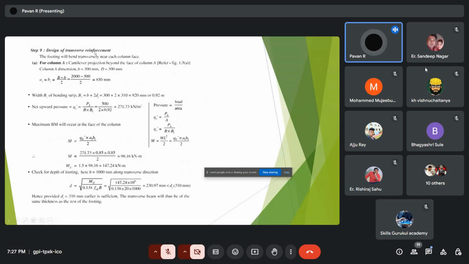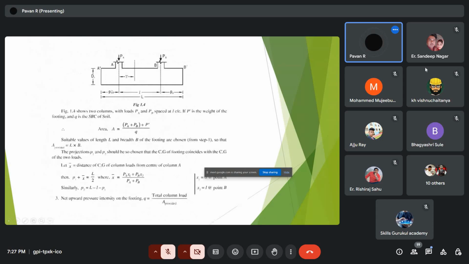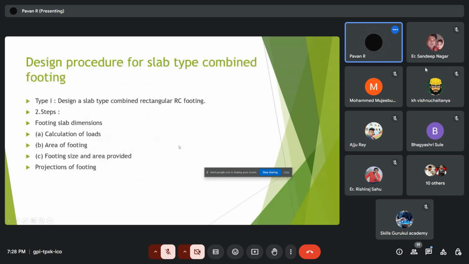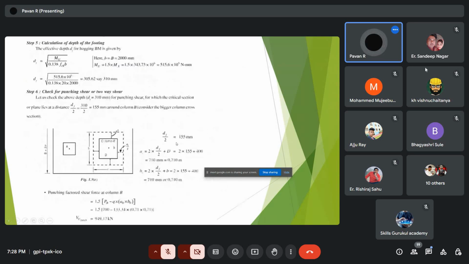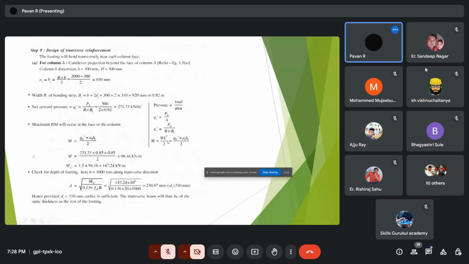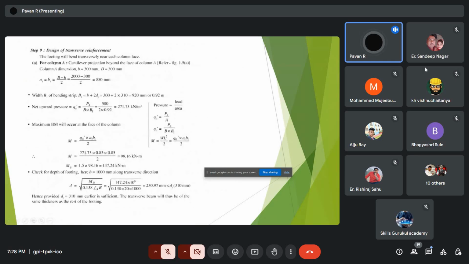The design for shear reinforcement and transverse reinforcement should be worked out separately. That is, we can see the reinforcement to be provided in this way, transverse, to prevent the transverse bending of the combined footing. So we should first calculate the bending moment, and for that we should first work out the net upward pressure,